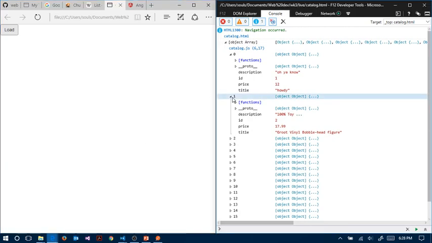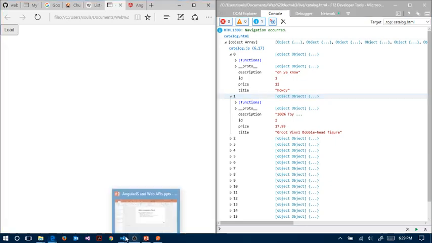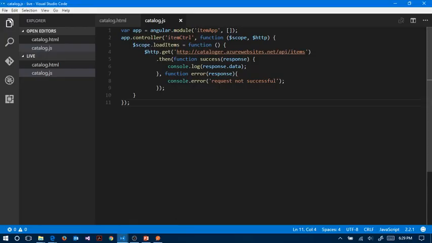Everyone good so far? So at least right now we know how to make a basic get request, and we did get a list of items. If you wanted to show it in a table, we're going to go over how to do that quickly, and then I'll give you a short exercise just to make sure everyone is actually following. Right now this request was successful, so we logged the array of objects to the console. If you wanted to display the different objects in a table, for instance,